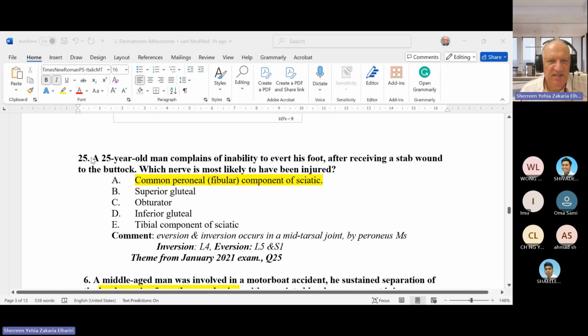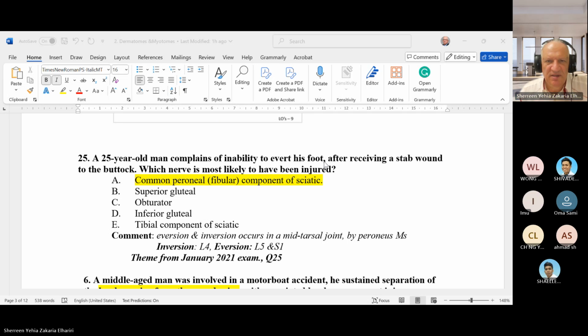You can find a question like this. A 25-year-old man complains of inability to evert the foot after receiving a stab wound in the buttock. What is the most likely nerve injured? Of course, inability to evert the foot is related to the peroneal muscles, because eversion occurs at the mid-tarsal joint through the peroneus muscles. Peroneus longus and brevis are supplied by the common peroneal nerve. And because the patient has trauma in the buttock, most probably it is the common peroneal fiber component of the sciatic,